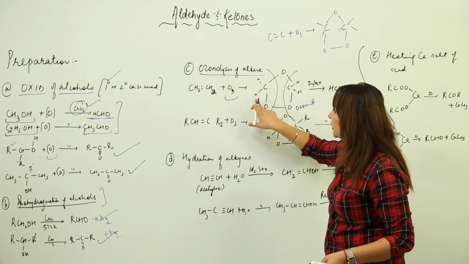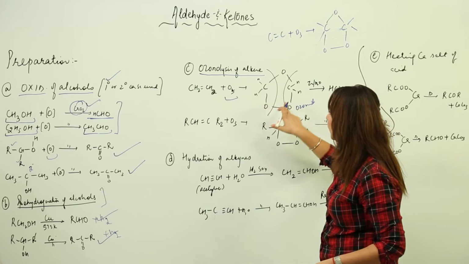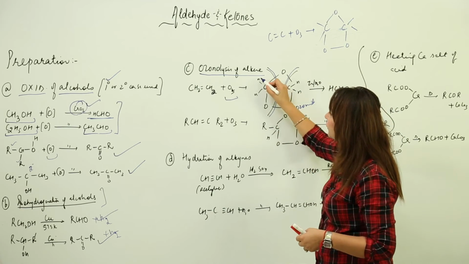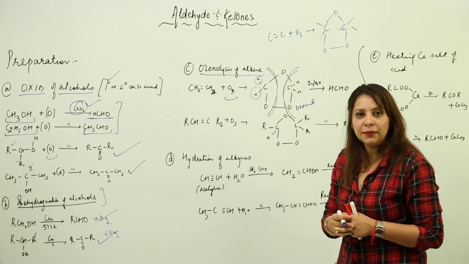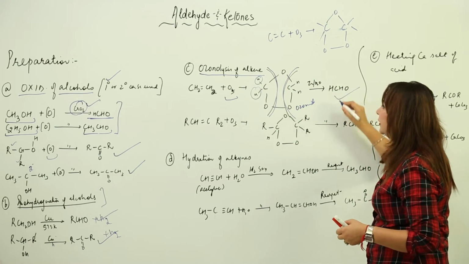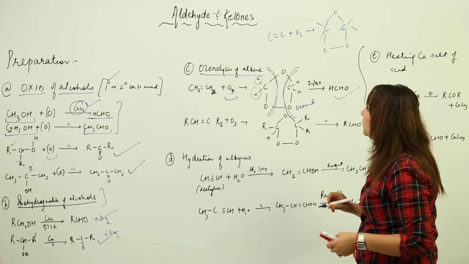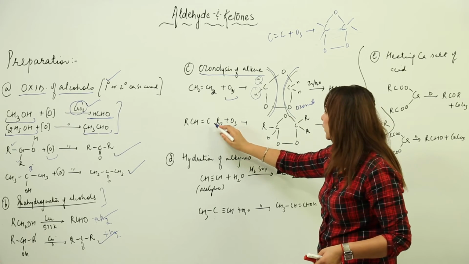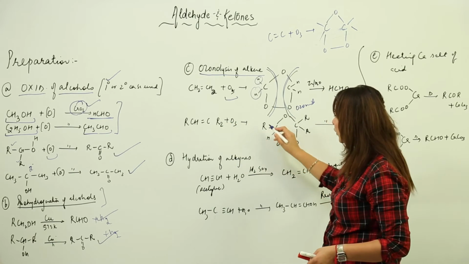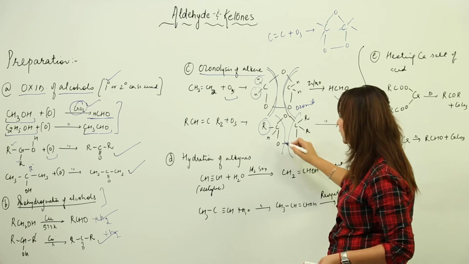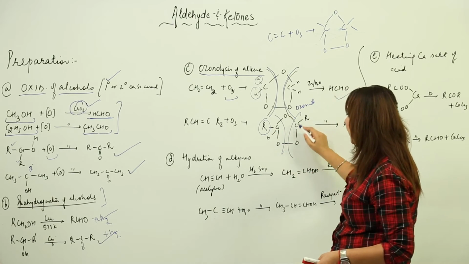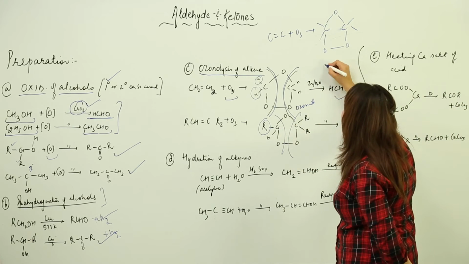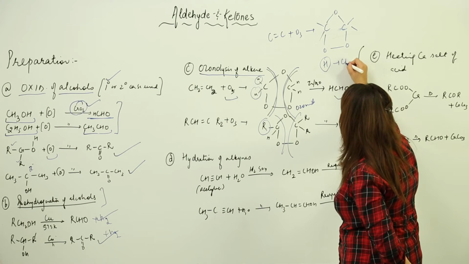This is 2H, so on these 2H, ozone is being linked. It actually gets broken into this. Now here you know that if the 2 atoms attached to a carbon are H, then you are going to get an aldehyde when you treat it with zinc and water. But if one of them is R, let's say in this case RCH, one of them is R, it also gets broken in this way, but it is RCHO and it will be RCOR. So that means if the group attached to a carbon is H, then it turns into a CHO, right?